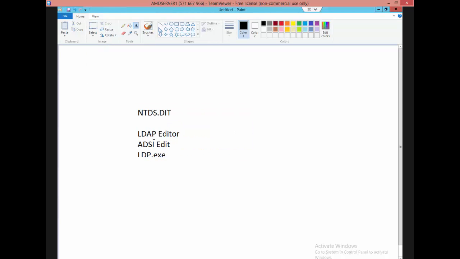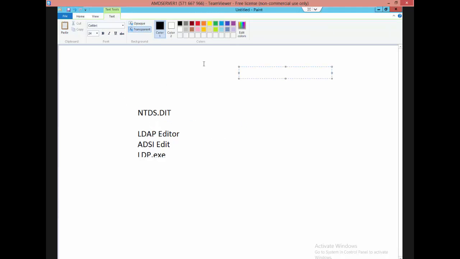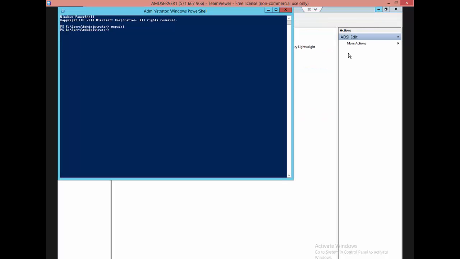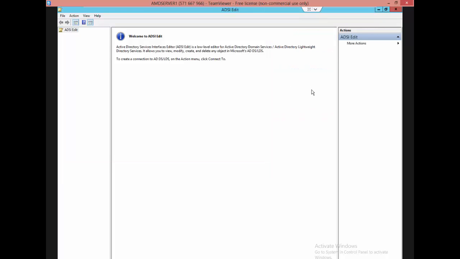So it has different partitions. Now let's go, well, ntds.dit. So it has different partitions. One of the partitions is called the schema. So the first thing we'll do is we'll get you to go into that file and open and see the schema. So to open it, if you right click on ADSI Edit,